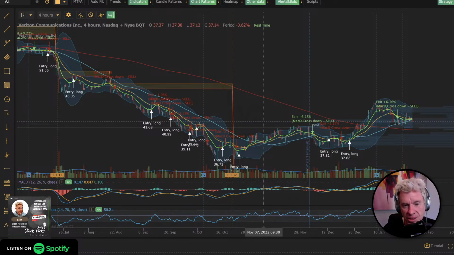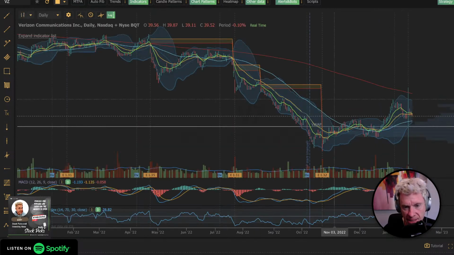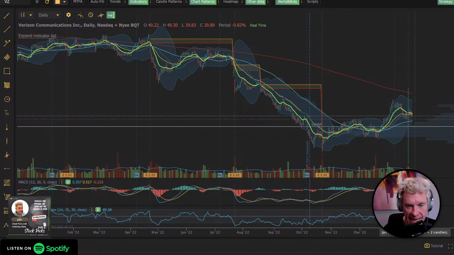But look at Verizon. So you got out with a 6% gain. You had your 10% in that one. You're under 40. It's above the 200-day right there. But I bet if I go to the daily, it's using the 200-day as, yeah. See how it got close to the 200-day? Just wants to use it as a resistance level. You got this gap up here between 44 and 45. At some point, it comes to that. But that 9-day, it's just had too much of a run for a stock that has a huge dividend.